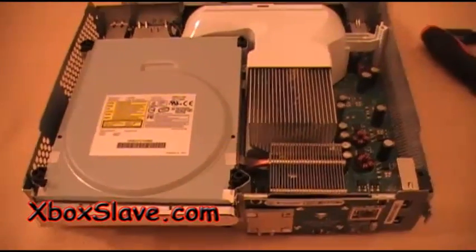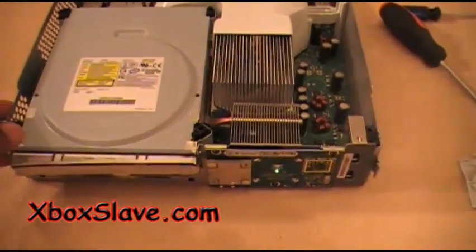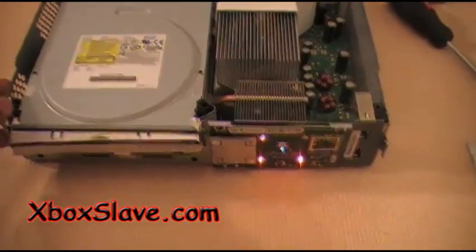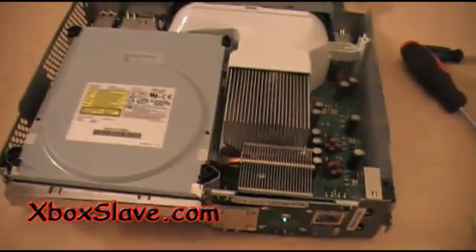This is an Xbox 360 that I just got in, that I broke down. It was an Elite. I'm gonna cut it on and show you guys that it has the 3 red lights, as you can see. Okay, we're gonna fix it using the heat gun method. And just to show you guys that I didn't swap the Xboxes out,